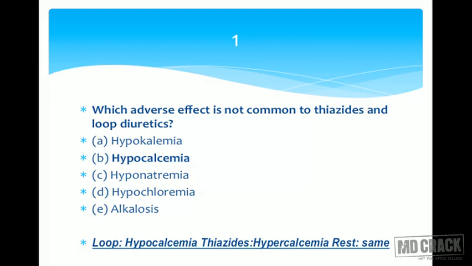Let me remind you of some other important adverse effects of diuretics: hearing defects, which are produced by many diuretics. And one you are likely to forget is that many of the diuretics have a sulfonamide structure. This is why if the patient has a sulfa allergy, the patient could not tolerate the diuretics. So that was question 1. As far as calcium is concerned, loop diuretics produce hypocalcemia and thiazides produce hypercalcemia.